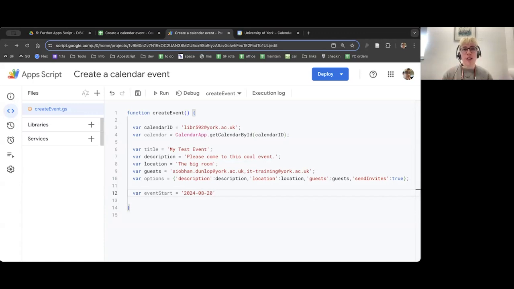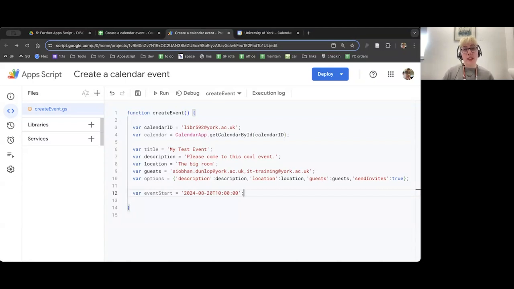And now I want to put the time. So what I have to do is separate the two with a capital T. So do a capital T immediately afterwards. And then I'm going to do the time. So maybe it starts at 10 a.m. So I'm going to do 10 and then colon 00 colon 00. So the hours are 10, minutes are 0, seconds are 0. That is my start date and time. So I can end the line with a semicolon.